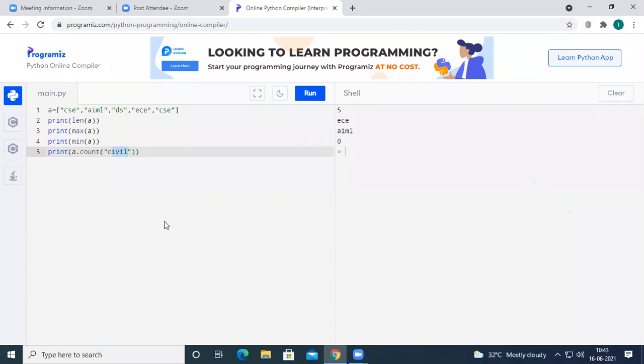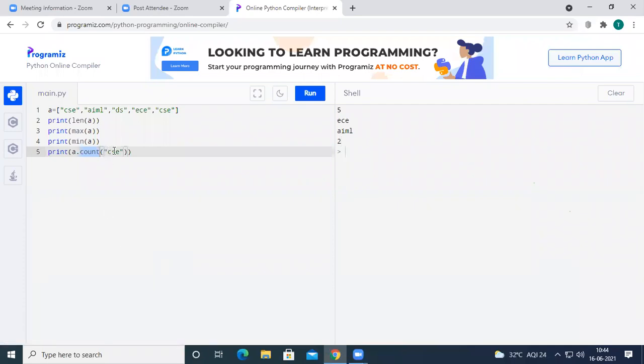And in case we give CSC and run the code, we are going to get 2 as an output, because CSC has occurred a couple of times in the given list. So 2 times it has occurred in the list. That's why we are getting the output as 2. So what is the meaning of this count function and what is the use of this count function in Python? It is going to count the number of occurrences of an item in the given list.